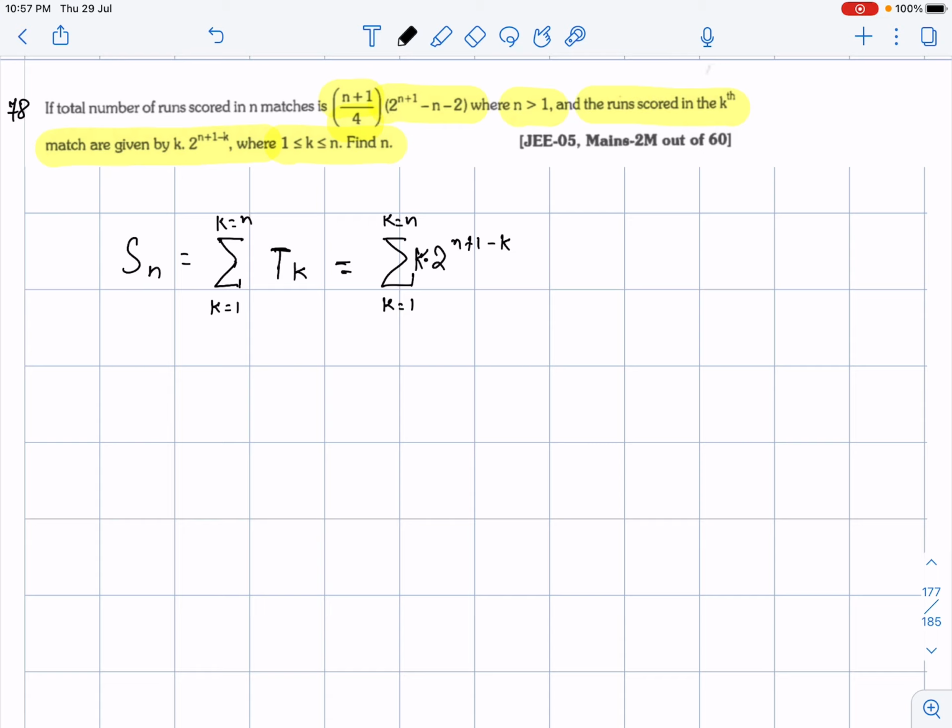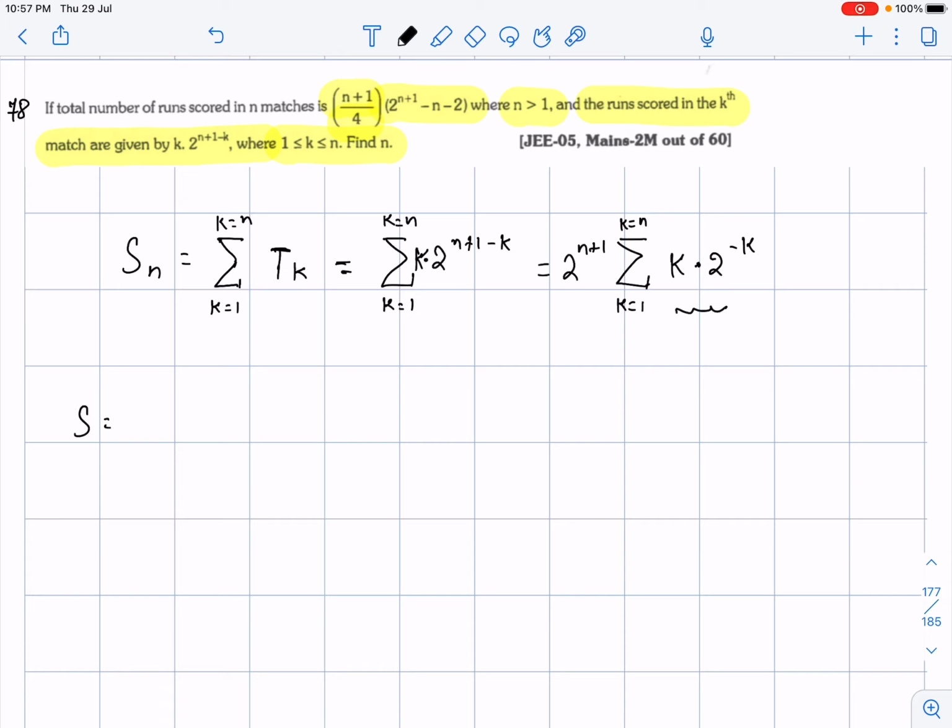Now whatever is independent of k over here will be taken out of the summation. So what do we have as independent of k? k times 2^(-k) is dependent upon k, but the remaining thing, 2^(n+1), is independent of k and will be brought out of the summation, and k equals 1 to n will be written by us. So finally we'll be left with this progression, and I have to write the sum of this progression.